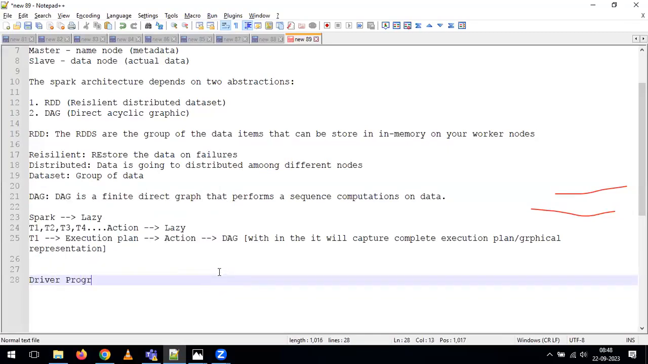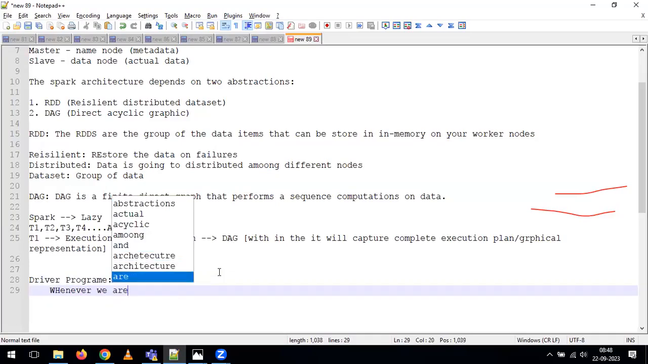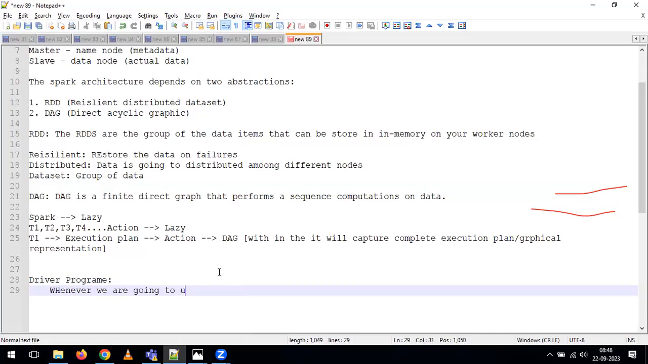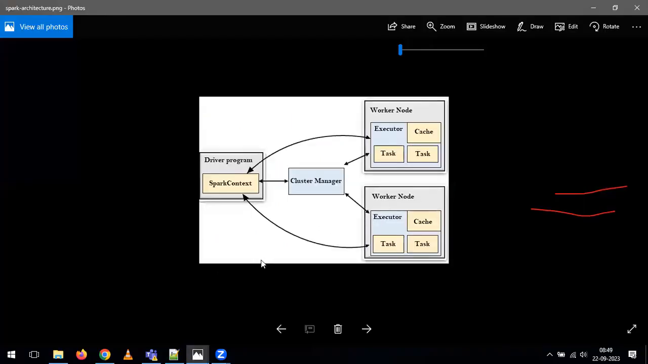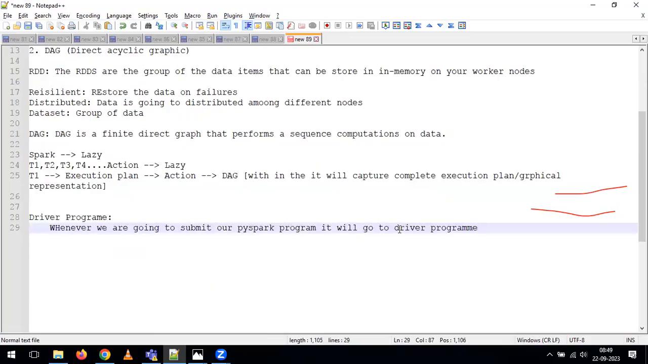First one is nothing but the driver program. So we can say, whenever we submit our PySpark program, it will go to the driver program. Whenever we trigger our Spark application, in the first step it goes to the driver program. After that, what will happen is